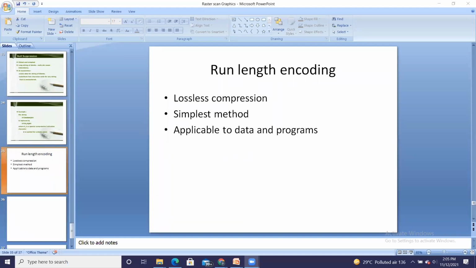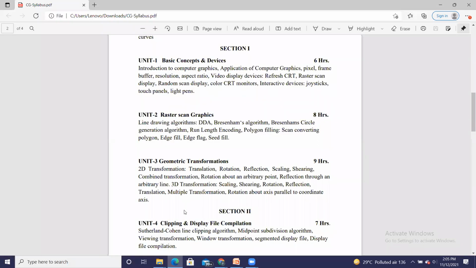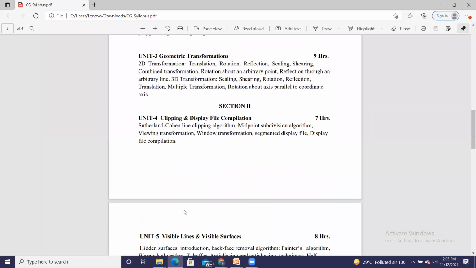Okay, so let us see the syllabus of this chapter number 3. Unit number 3, the name of the chapter is geometric transformations.